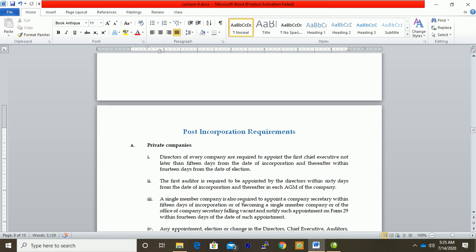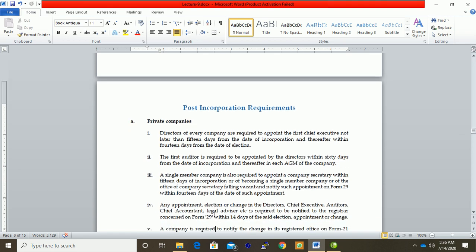A single member company is also required to appoint a company secretary within 15 days of the incorporation, or of becoming a single member company, or of the office of the secretary falling vacant, and to notify such an appointment on Form 29 within 14 days of the date of the appointment.